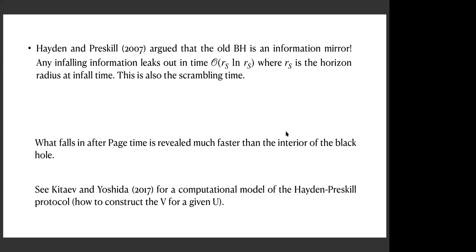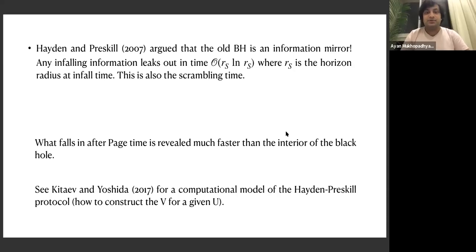Maybe that's because only during the old black hole phase you can extract or decode the information from the black hole. But the dynamics of the black hole, whether it's a fast scrambler, I expect should hold even when it's a young black hole. But I might be wrong. I'm not sure, it's a good question. I don't know the correct answer to this question, because I'm not very familiar with these computational models, which require a lot of quantum information. But as far as I understand, this information mirror, this kind of gate, is a good model only after, I think,